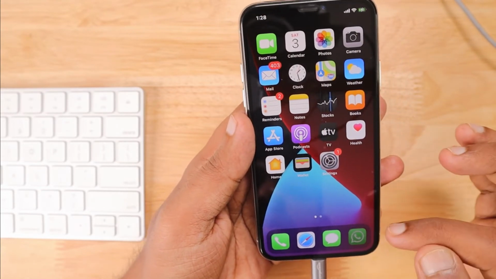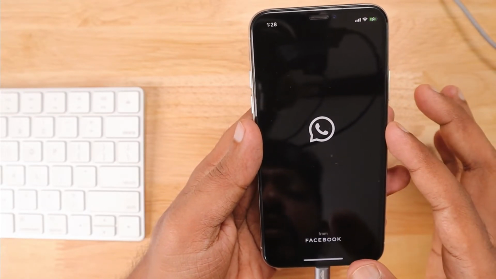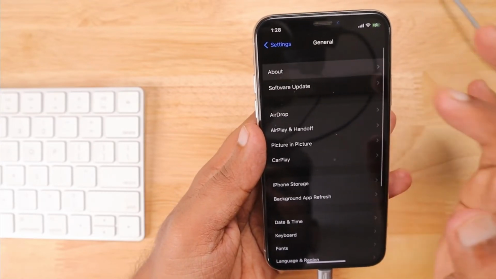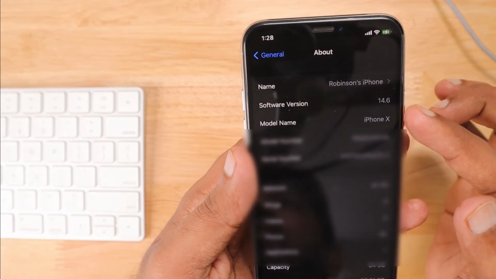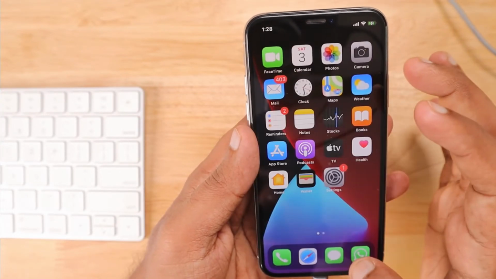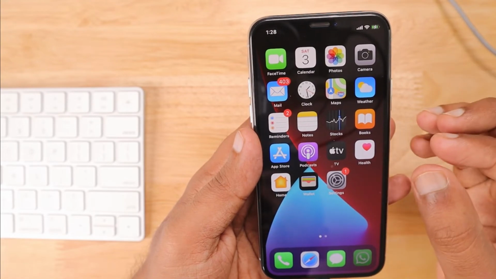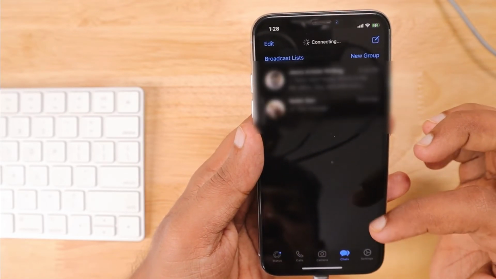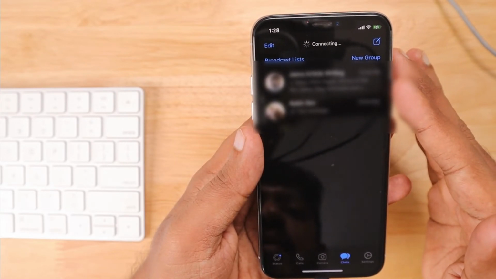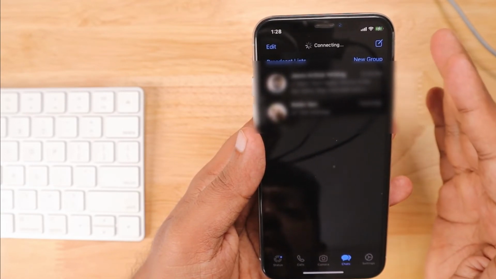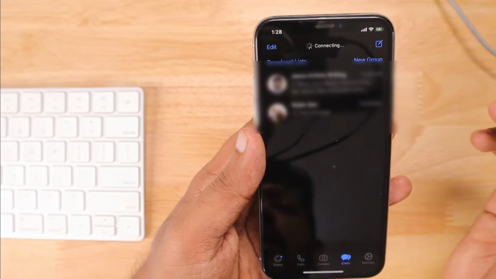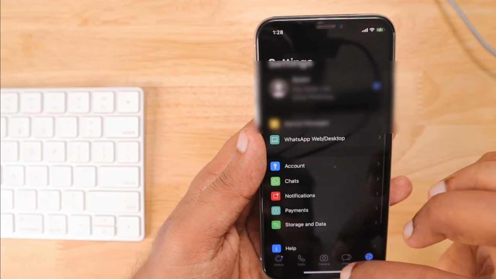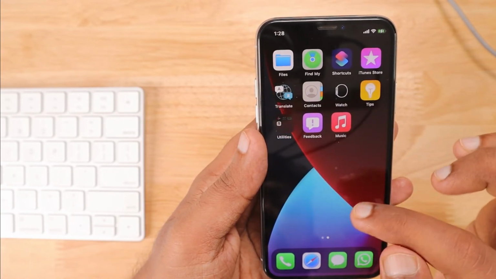Just like any other backup restore, you need to wait for some time for all the applications to install, and as you can see, the software version moved to iOS 14.6 and WhatsApp is still loading because we have just completed the restore process. You can see the 2 messages I have already sent and received. So there is no data loss, I can confirm, and the same is going to happen for any future upcoming iOS versions. Simply follow this tutorial and you will be able to successfully downgrade iOS without any data loss.